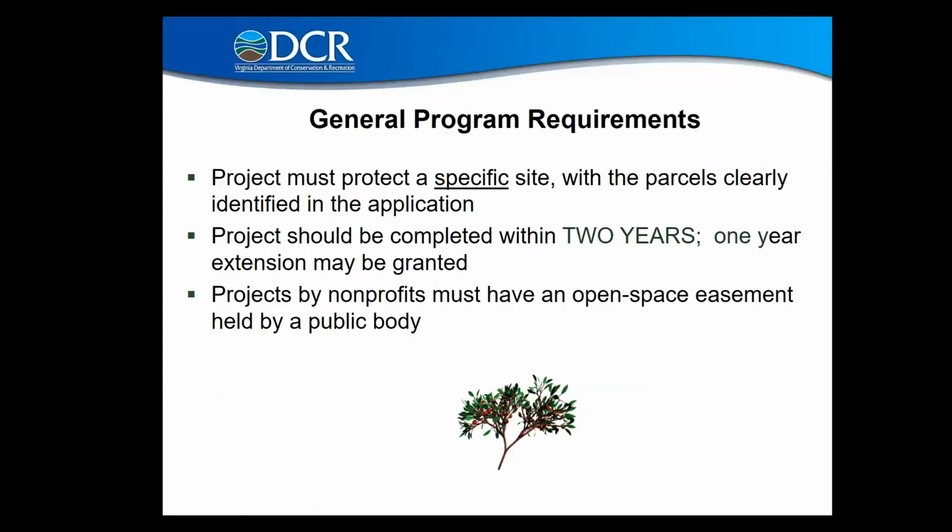When you apply for a grant, the project that you're submitting must protect a specific site. The parcels have to be clearly delineated in an aerial photo or on a map. And if you have the parcel numbers from the locality, that's awesome. That'll help us identify it even more clearly. And an approximate acreage should also be included with your application. The projects have to be completed within 2 years. If it takes a little longer, we can extend the grant for 1 extra year for a total of 3